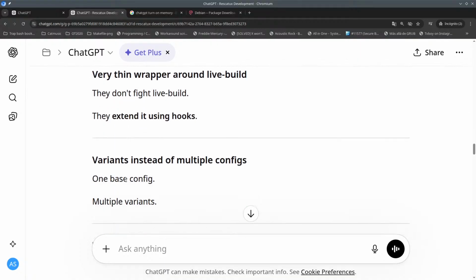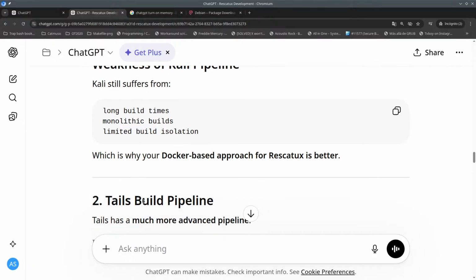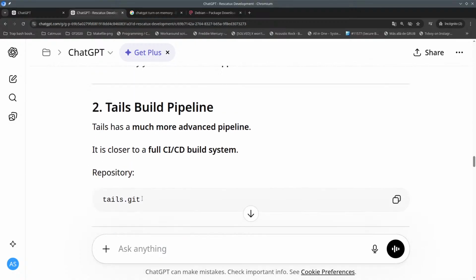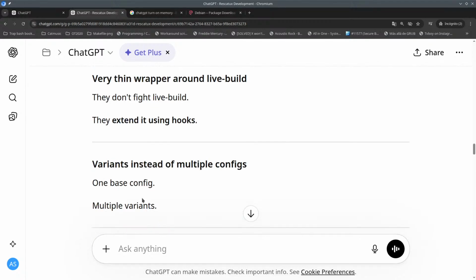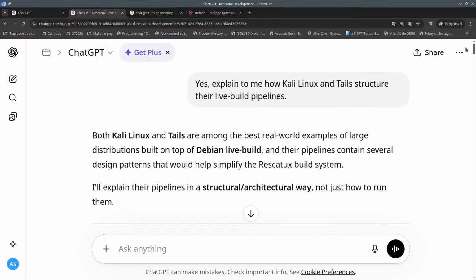Clean configuration, separation. Weakness: long build times, monolithic builds, limited build isolation. Yeah, okay, yeah, that's true. It's much better if we have Docker. Tails build details. Kali, Tails. I haven't asked. Yeah,